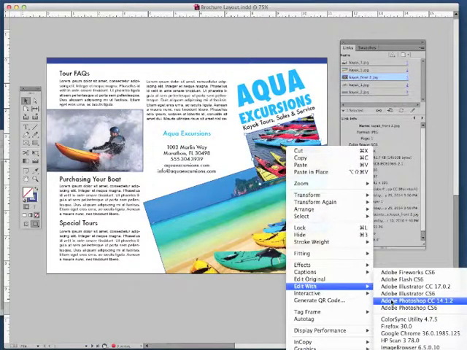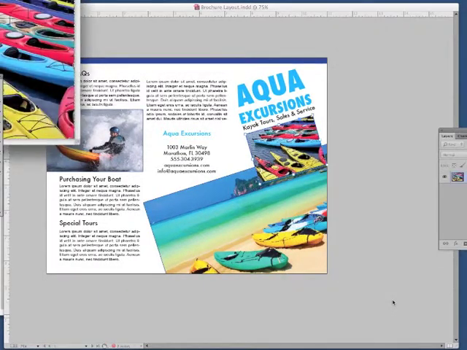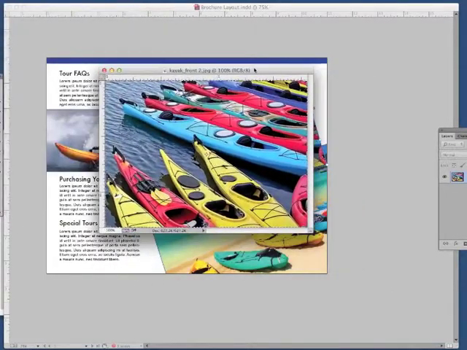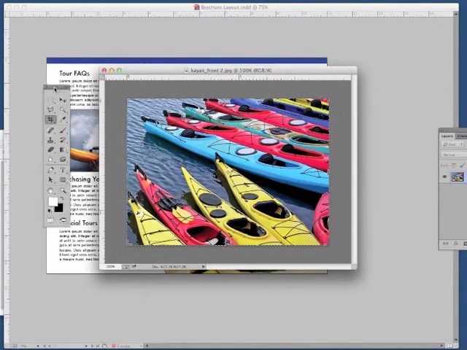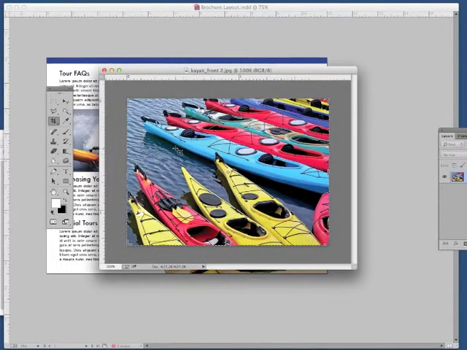If you did a graphic in Illustrator and that was its native program, you certainly would choose Illustrator. And you'll notice I have a couple of different versions of these programs on here. So I'm going to use Photoshop Creative Cloud, click on it, and then the file opens up in Photoshop. So now I am in Photoshop with this image, and I can do whatever I want to it to edit it. I am going to check the image size by going to Image Size,